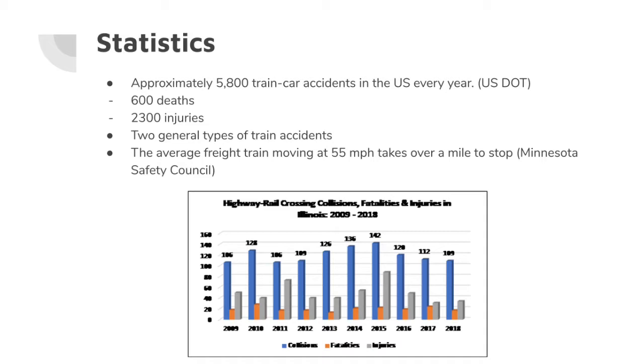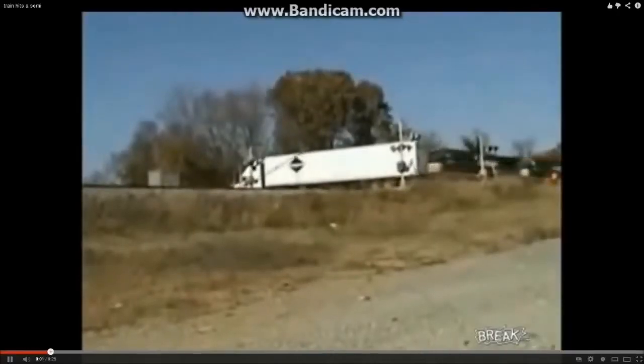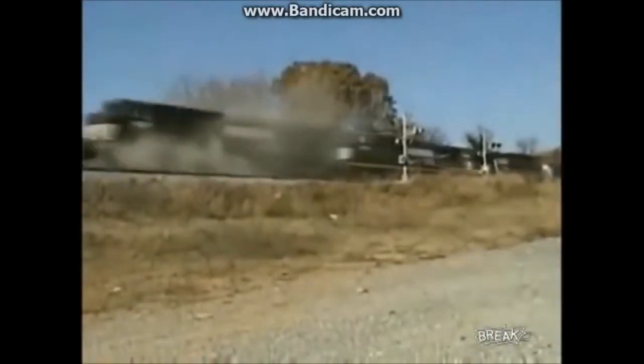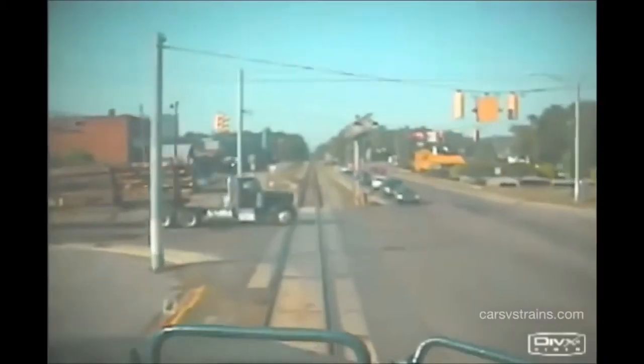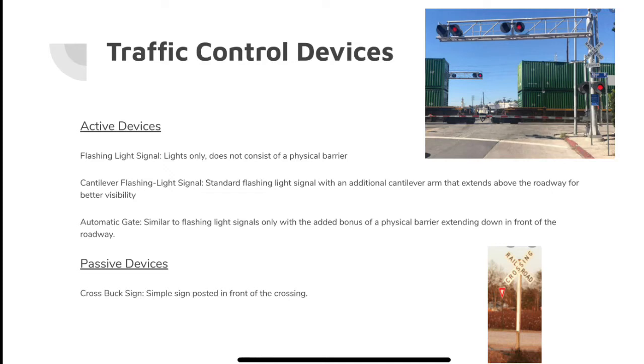And some people might just ask, why doesn't the train just stop when it sees a car on the railroad? That's because the average freight train, moving at 55 miles per hour, takes over a mile to stop. You'll see in the next videos some examples of real-life train crashes. There are two general types: getting struck because you're stuck, and getting struck because you're trying to beat the train. So obviously you see the huge risks these sorts of intersections pose through those videos, and